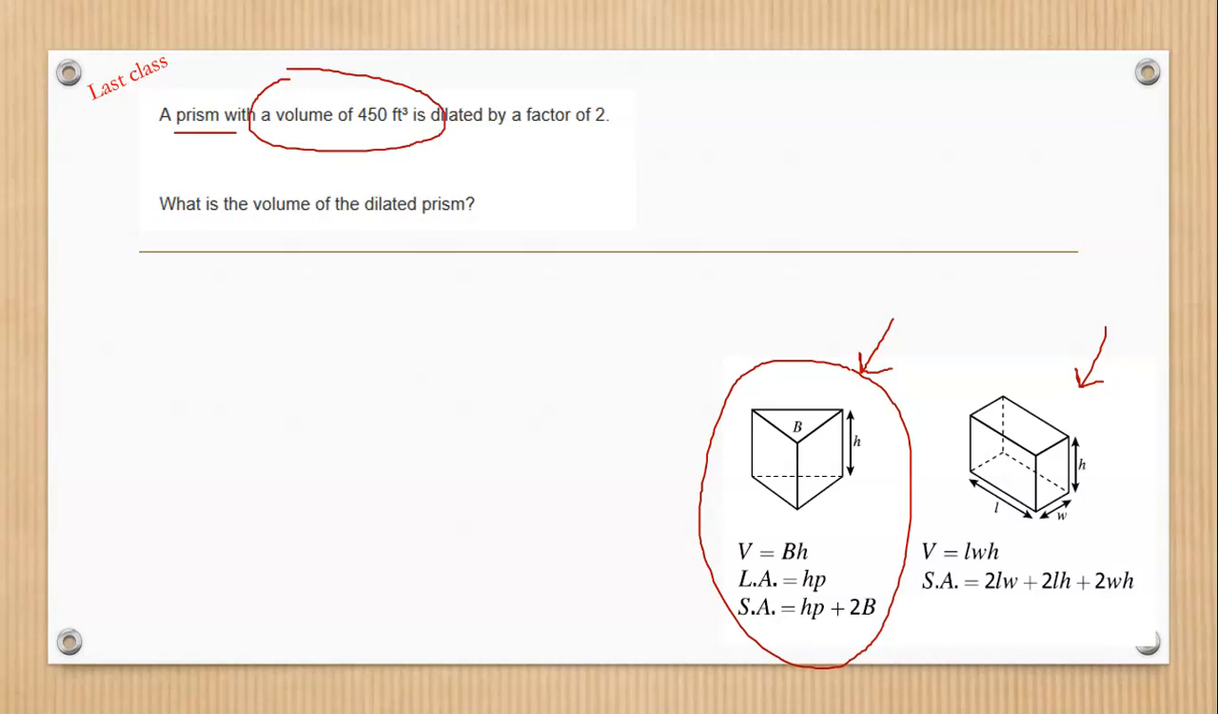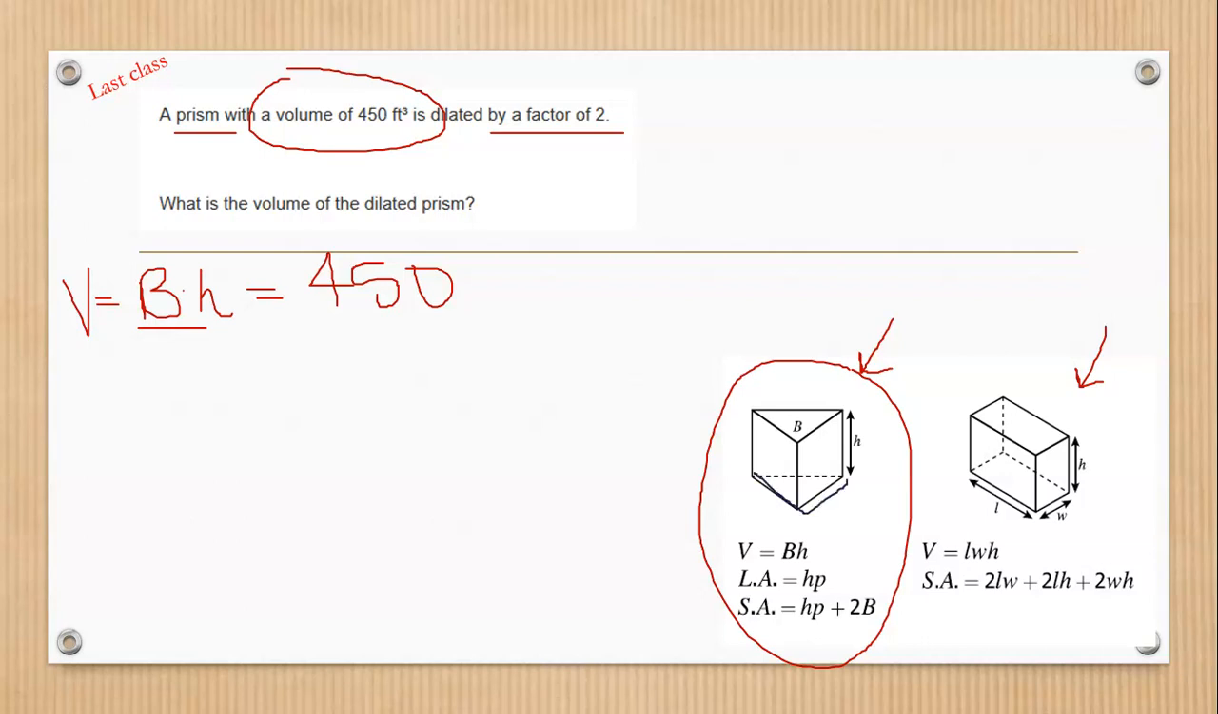Okay, so let's go to the volume formula. Volume equals big B times H, and that equals 450. And it's going to be dilated by a factor of 2. So that means we're going to multiply every length that's involved in this formula by 2. Well, look at the formula. There's a big B. Do you remember what big B stands for? Remember, that's the